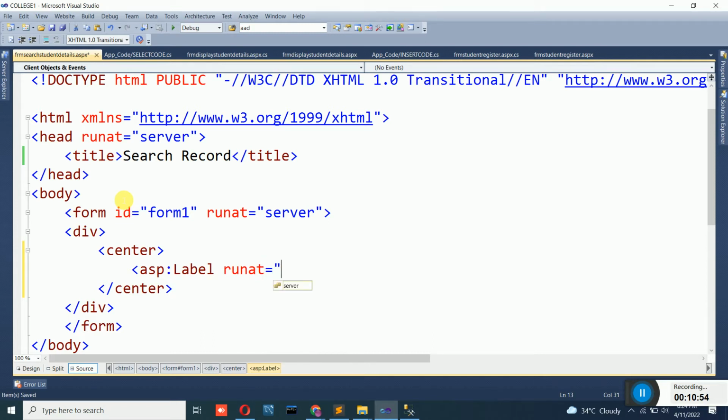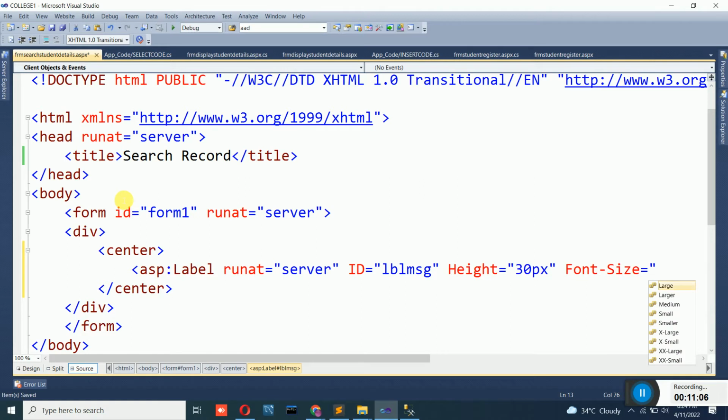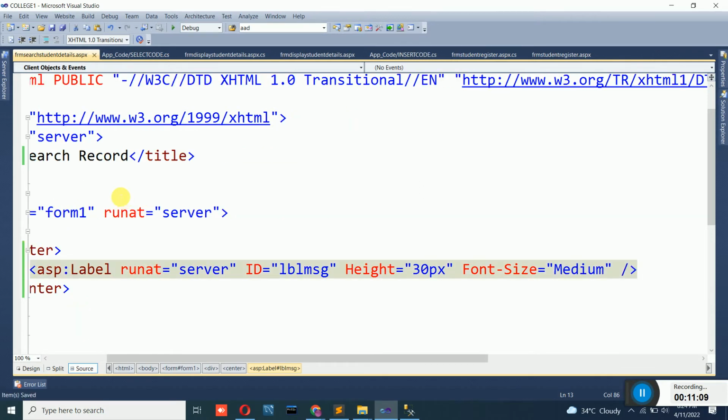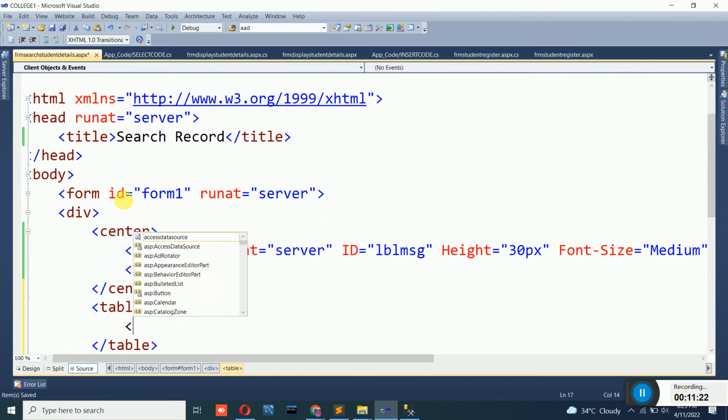So runat is equal to server, id is equal to lblmsg, height is equal to 30 px would be sufficient, and font size we will keep up to medium. Compared to other label text, this font size should look slightly bigger, so for that reason I have kept the font size medium. Break tag. Next after this I'll take a table tag in this case, tr, in that td,